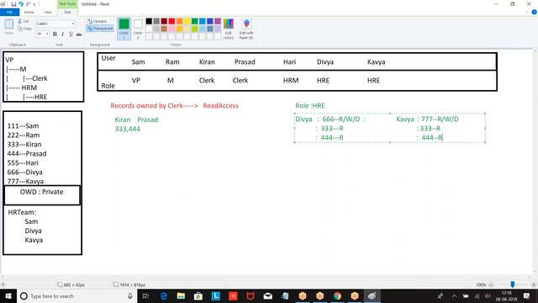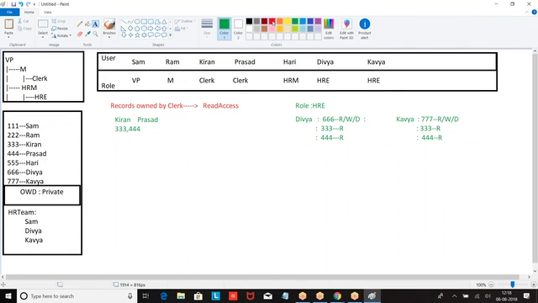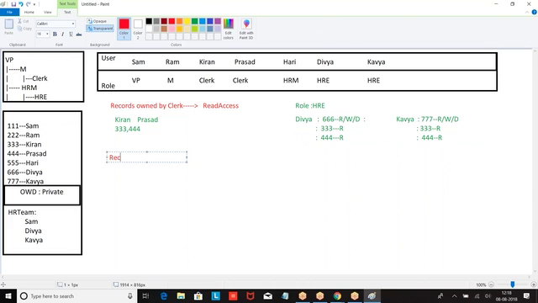Let me give you a next example. Records owned by public group, HR team, are shared with the users whose role is manager and subordinates.